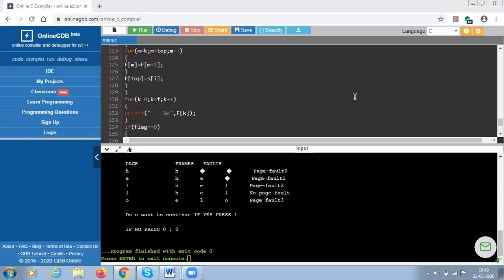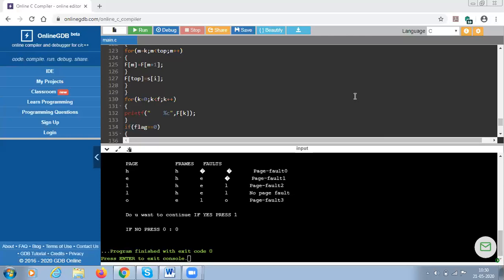Okay, and in optimal, similarly, it's similar to LRU. In LRU we use the least recently used, meaning it's not being used anywhere. It's been used in the past. So whichever past data or past page you have, you will replace it with the newest page. Whereas in optimal we will see the future. Meaning, if the future is too far away, if the pages are too far away, that can be replaced.